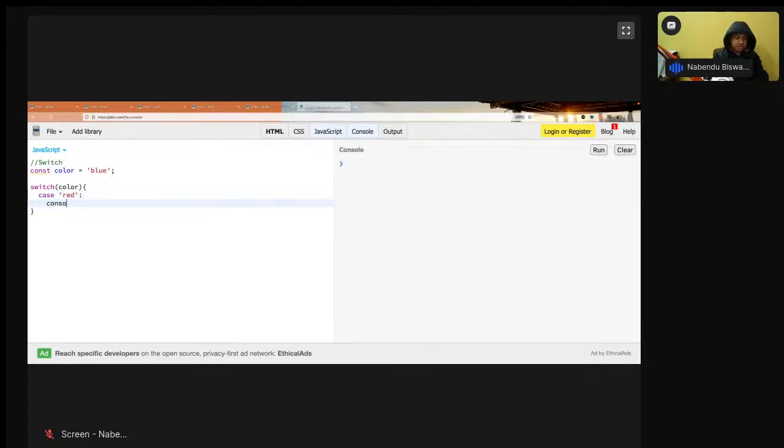Then console.log of color is red, and I have to have a break also here. Break is mandatory here, and switch statements are still used a lot. We are going to use it in React also. So like this, red,